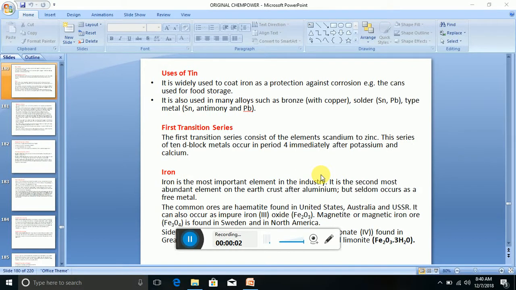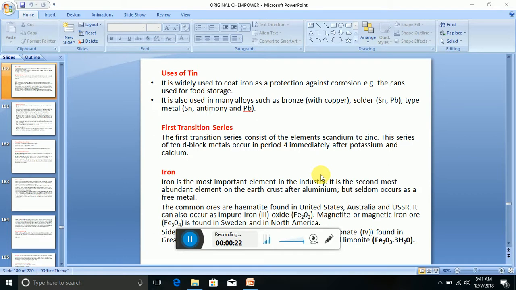Hello, welcome. Let's look at another very important metal known as iron. And for us to start this, we are going to be looking at the first transition series. The first transition series consists of elements